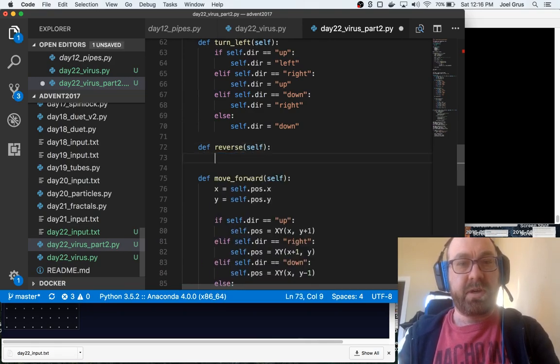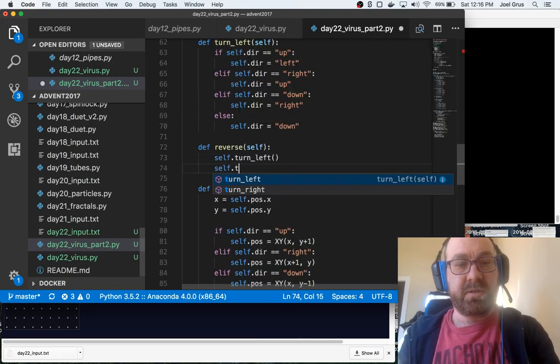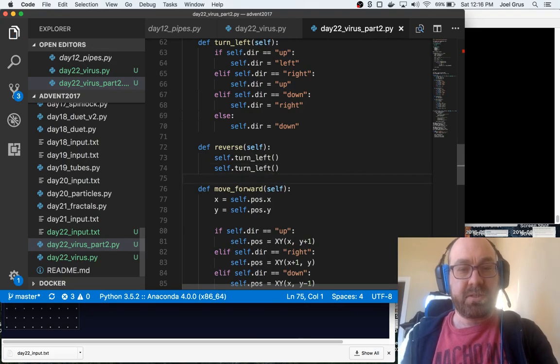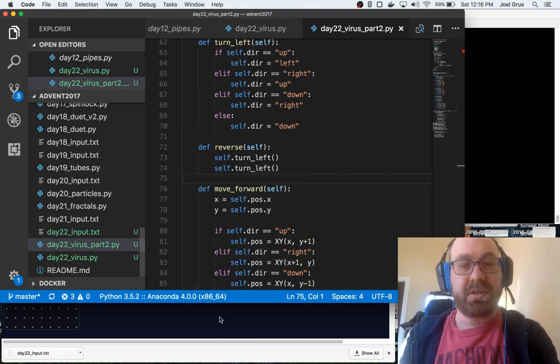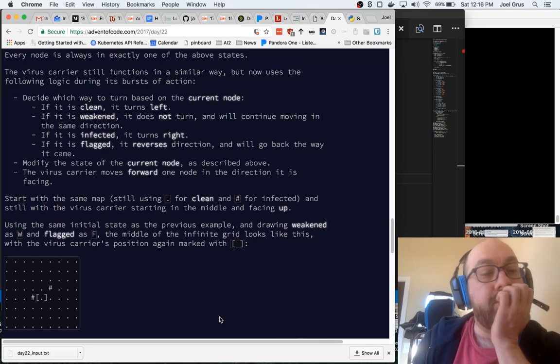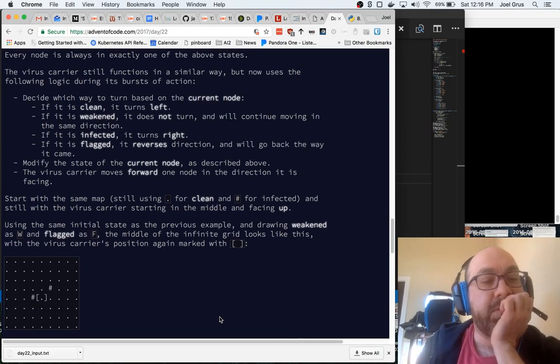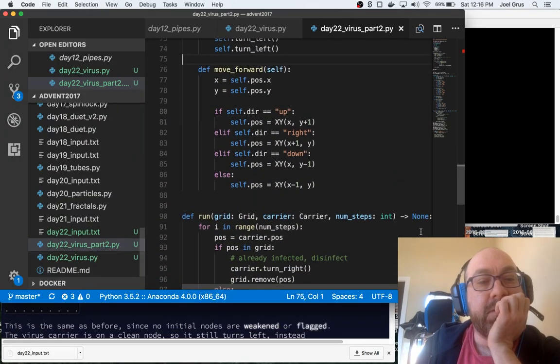Def reverse self, self dot turn left, self dot turn left. Okay, so that's one way to reverse. It's just to turn left twice, and that's what I will do because that's quickest. Modify the state and then move forwards. Okay, so